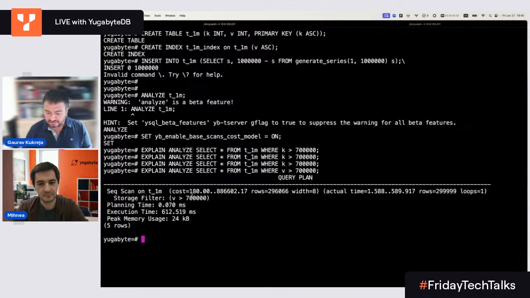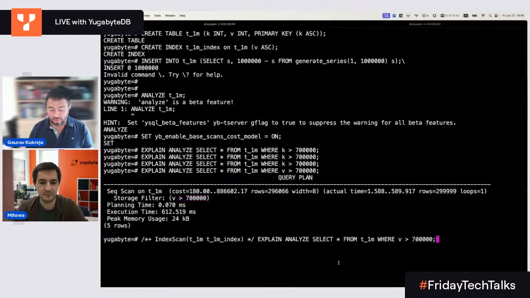And as you can see, this is a little slower than the primary index scan. One thing also to note is the filter. It gets pushed down to DocDB as a storage filter, and so only the rows that are matching this filter are going to be returned. And our cost model takes that into account and decides that sequential scan would be a better plan than using a secondary index scan. But in fact, we can go ahead and try to force the CBO to use the